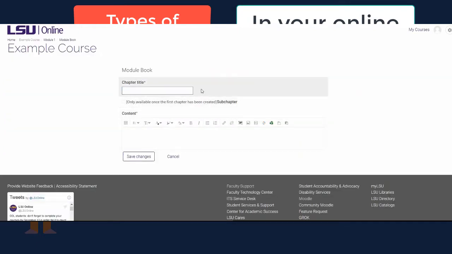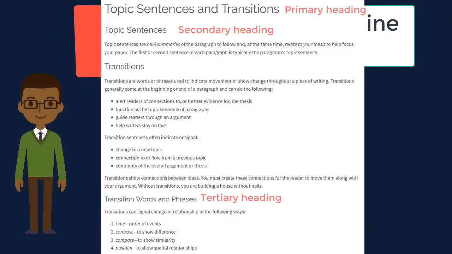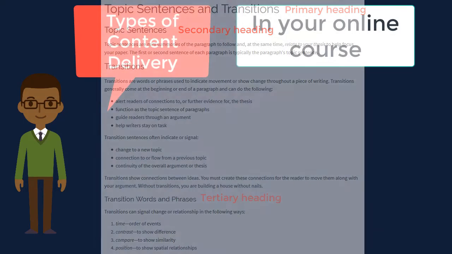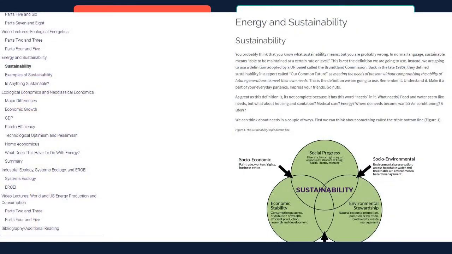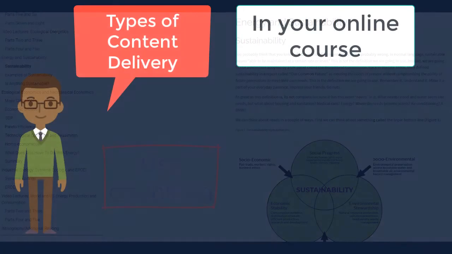The chapters and subchapters in the book should correspond to logical divisions in your materials, which you can organize according to headings. Consider the following when you decide the number of chapters and their topics. Use chunking strategies to reduce cognitive load. Separating out topics helps students compartmentalize information so that it is easier to remember. Longer sections may cause your students' attention to wane.